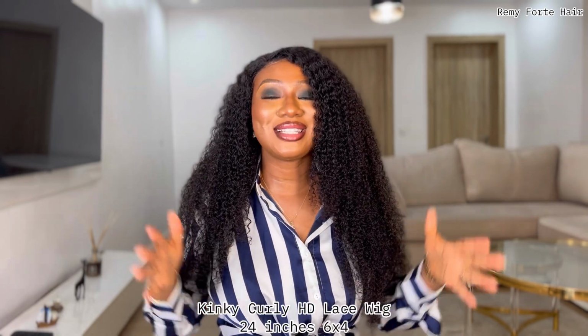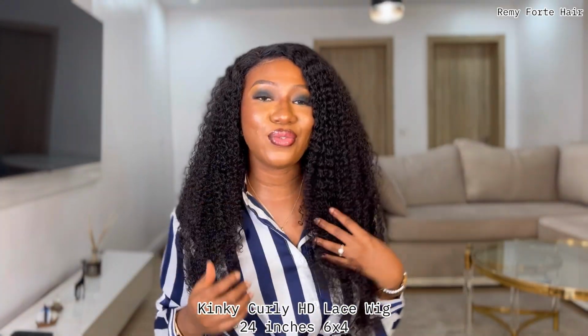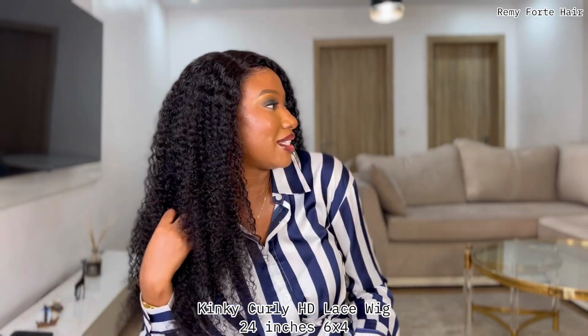Final look. Like I said earlier, this unit is the Remy Forte hair, Remy Forte brand, of course. Kinky coily HD lace wig, 6x4 lace. That's the inches of the lace, and it's 24 inches for those of you that will be getting this unit. This cute, high volume quality 100% human hair wig. One thing I love about this wig is the fact that it's easy